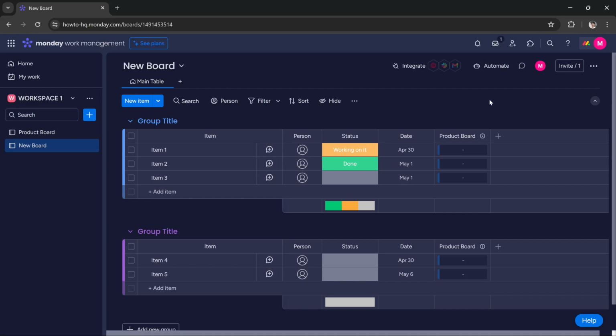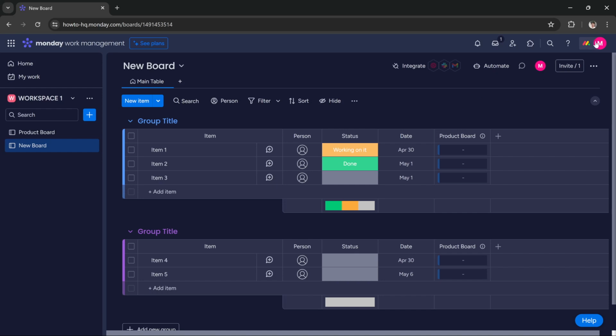Hi guys, in this tutorial I'll teach you how you can import files or data from different apps into money.com. It is very simple. If you are working with different apps and you would like to add their data into money.com, one way is to do it manually, but it will take a lot of time. You can use a built-in feature in money.com to speed up this process,